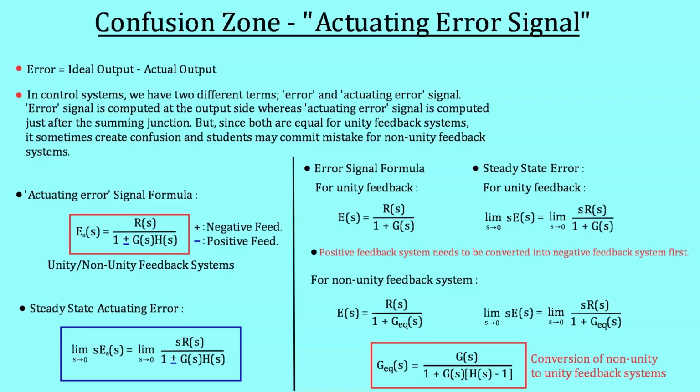Likewise, we have the error signal formula as well as the steady state error formula. But here we have only one formula, which is meant for a unity negative feedback system. If we have a positive feedback system, then we have to first convert it into a negative feedback system. And in the same way, if we are provided with a non-unity feedback system, then first we have to convert the system into a unity feedback system. Try to derive the formula for actuating error signal for a positive feedback system. You can take help from the short notes